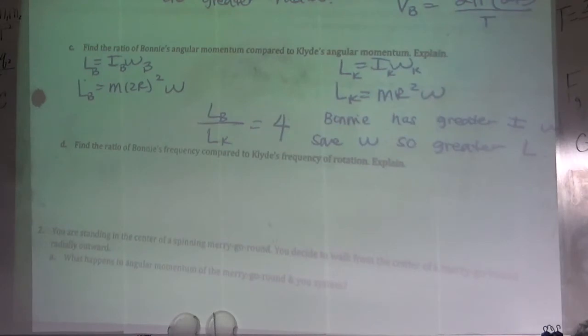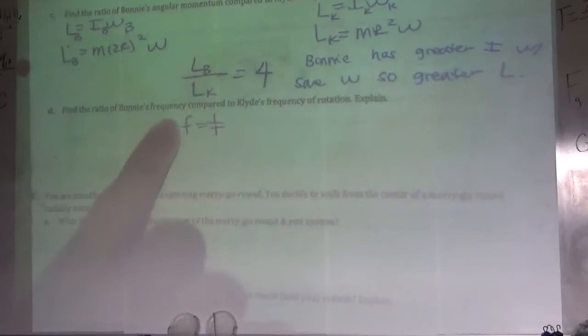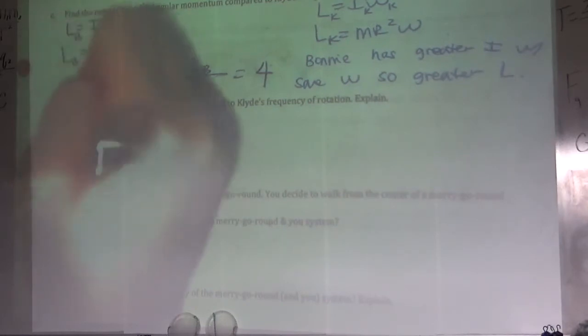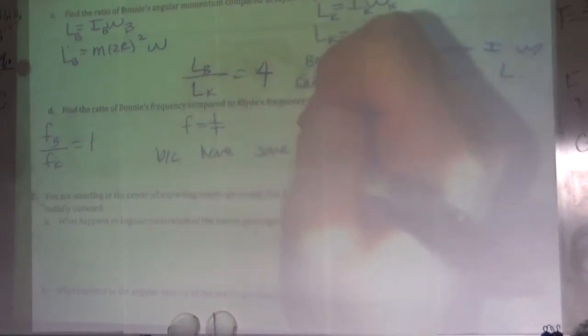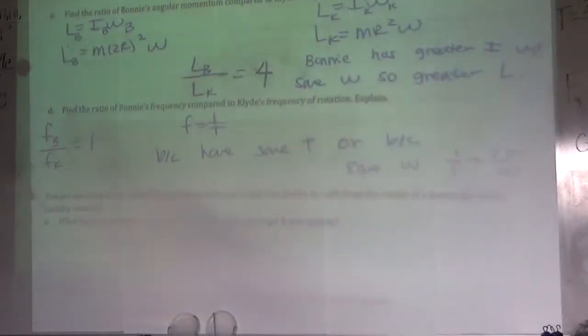Okay. D, find the ratio of Bonnie's frequency compared to Clyde's frequency. Well, frequency is 1 over period, or I think the equation sheet says period is 1 over frequency, but that's the same relationship. So the frequency of Bonnie compared to the frequency of Clyde is just 1 because they have the same period. Or you could say because they have the same omega and frequency is omega over 2 pi,